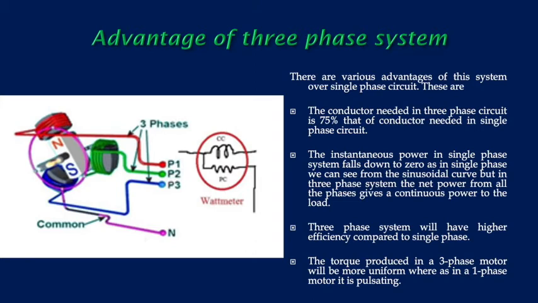A three-phase circuit is a polyphase system where the three phases are sent together from the generator to the load. Each phase has a phase difference of 120 degrees, that is, 120 degrees electrically, so they form a total of 360 degrees. Three phases are equally divided into 120 degrees each. The power in a three-phase system is continuous, as all three phases are involved in generating the total power.